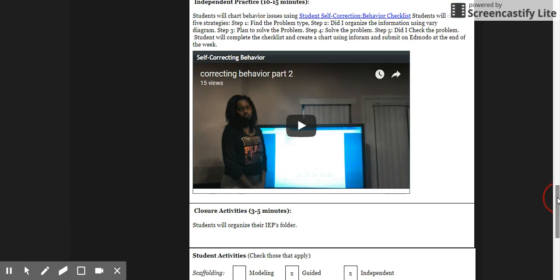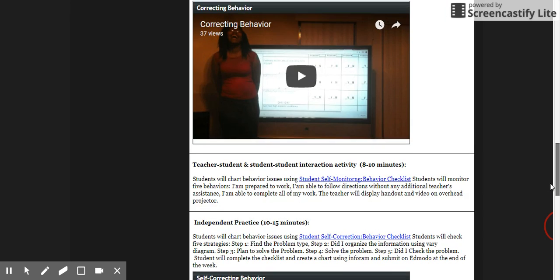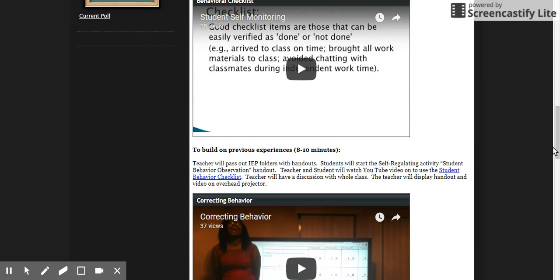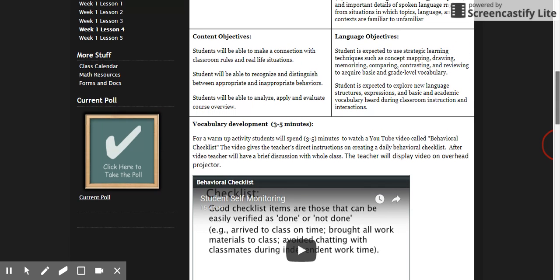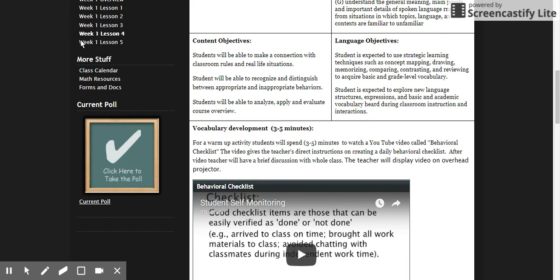Closure activity will be the IEP folder. Students will start organizing and getting prepared. They will be issued a table of contents inside of their IEP folder to help them keep their folder organized. The fifth lesson